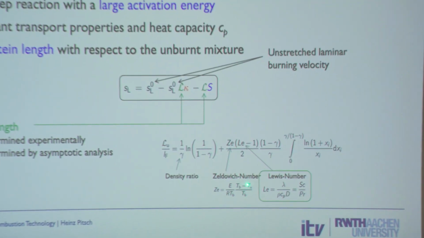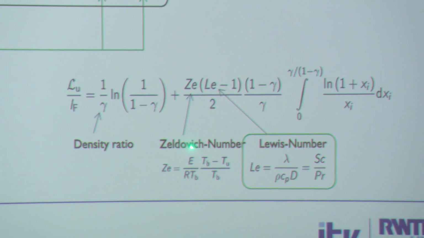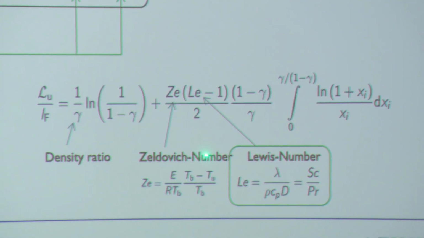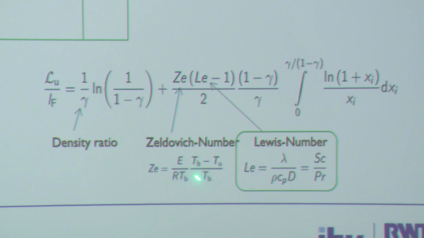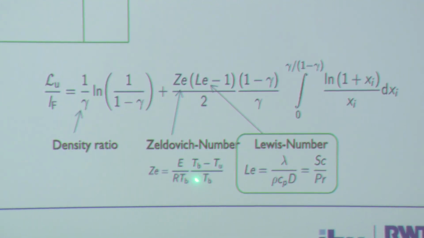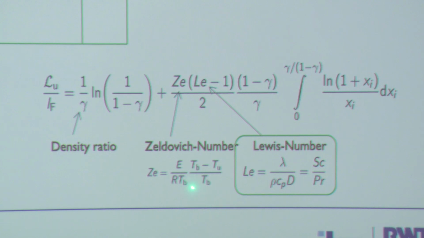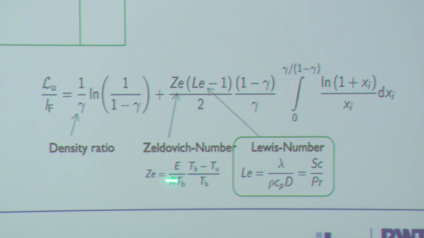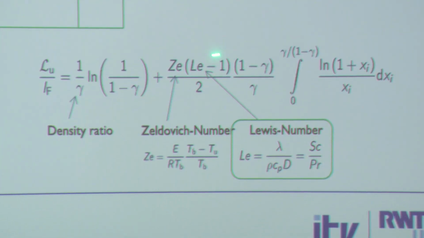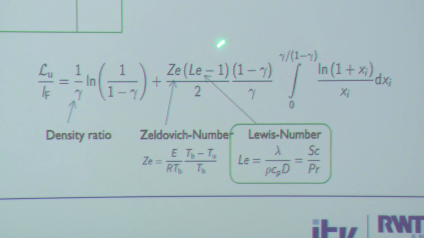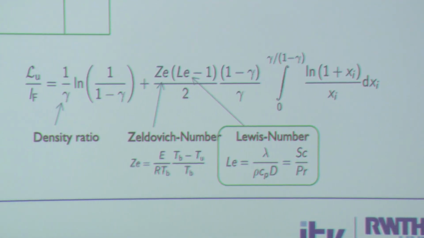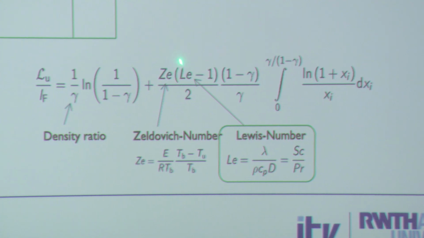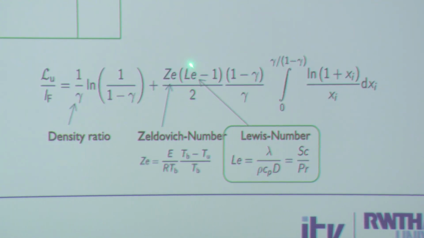Secondly, the Zeldovich number is here. What is the Zeldovich number? You see that's a non-dimensional activation energy, basically here divided by a non-dimensional heat release rate. Or let's say this is activation temperature, and this is the heat release rate, or also in terms of temperature. That's the Zeldovich number, and then also the Lewis number is important here. If the Lewis number is 1, you see that all of this here is 0. And if the Lewis number is larger than 1, all of this is positive, and if it's smaller than 1,